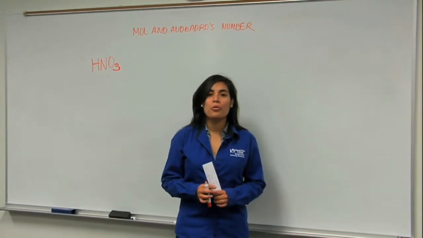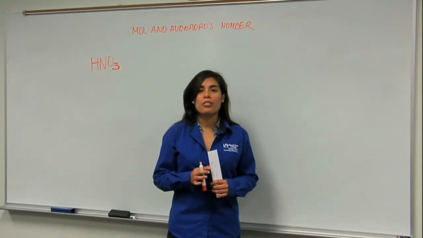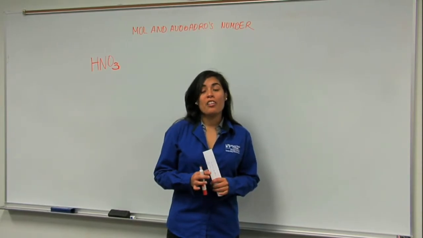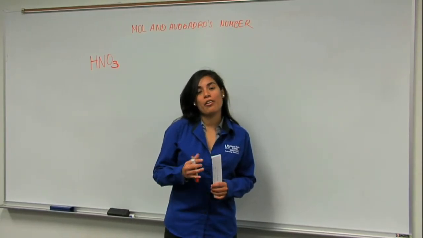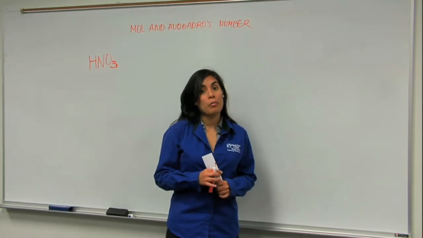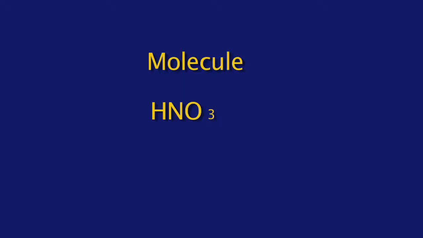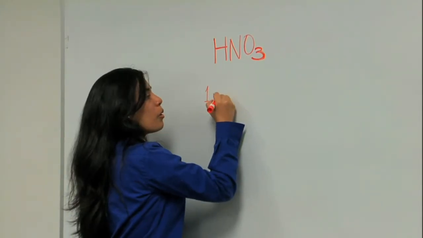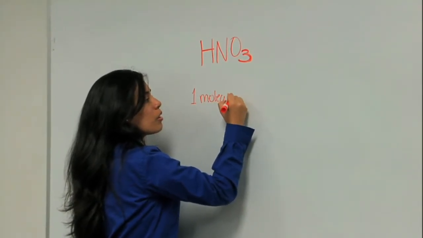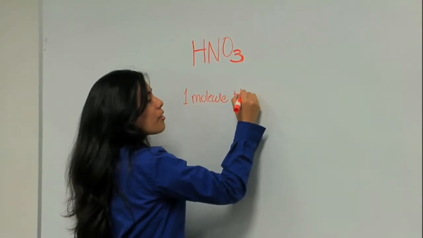We're going to review two basic concepts this time, just Mol and Avogadro's number, specifically in the application in a given chemical formula, okay? Let's look at this molecule here. It's nitric acid. In one molecule of nitric acid,